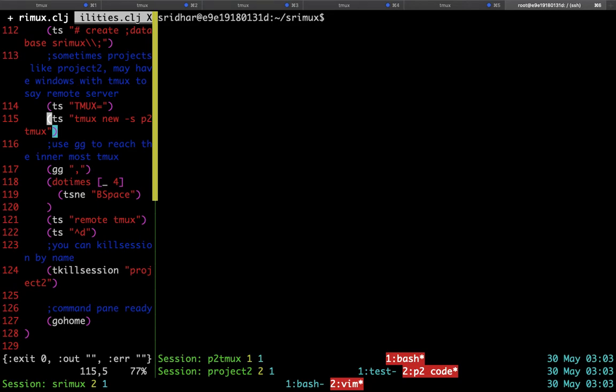Now for meta keystrokes, that is when you want to send commands directly to the innermost tmux, you need to make use of the function gg. So let's try some gg commands. So now again you execute this, the innermost tmux will prompt for a rename.